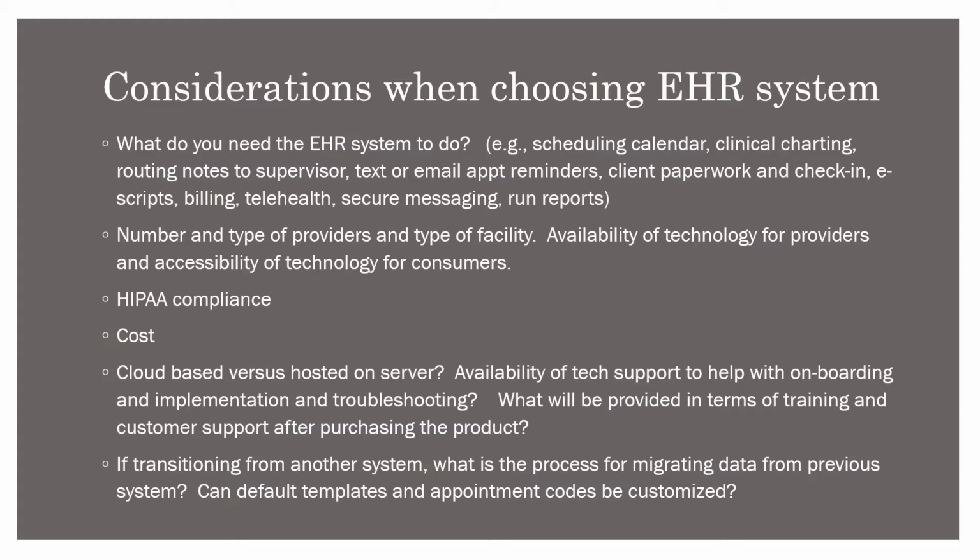However, I think more and more centers are finding that implementing an EHR system on a lot of different levels is very important and vital for service delivery. And so really looking at that cost as an investment. Many EHR systems are now moving toward a cloud-based system if they're not already offering that option. Some of the older systems may still be hosted on servers. And so really looking at that too in terms of accessibility, also asking questions about the availability